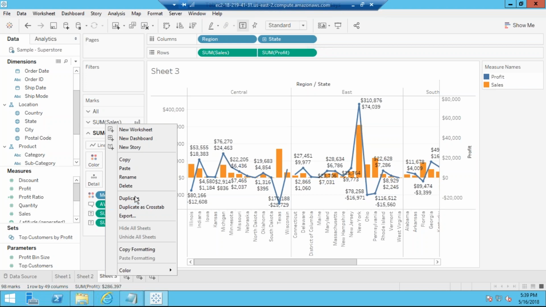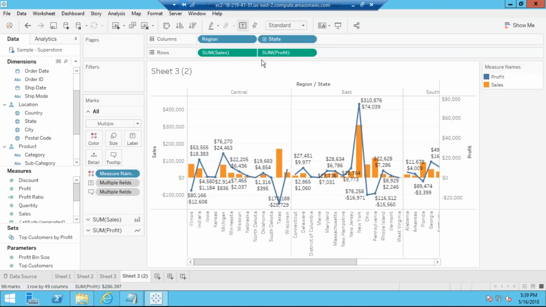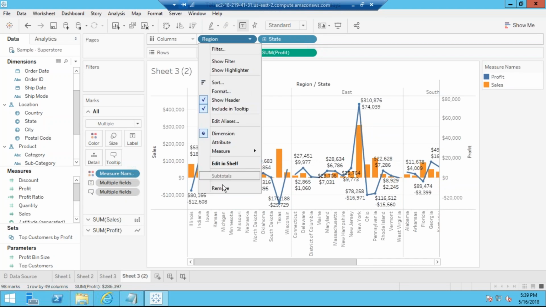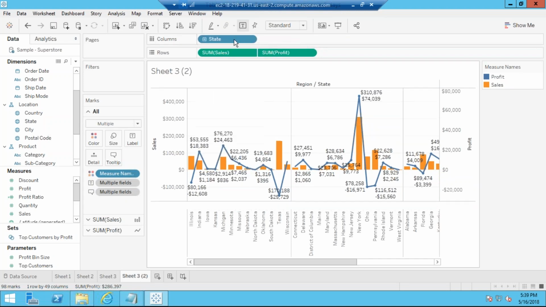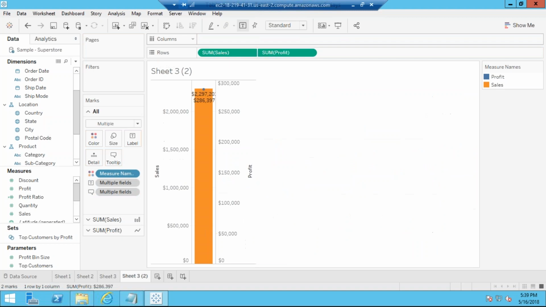Okay, so I want to duplicate. Just say duplicate, and you have the duplicate sheet here. I don't want to make a lot of changes in this. I just want to bring in order data. So I'll say remove this, or you can just drag it here into your empty space. That is also the same thing.